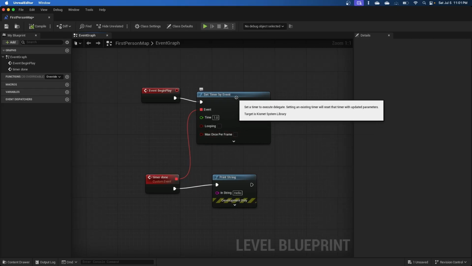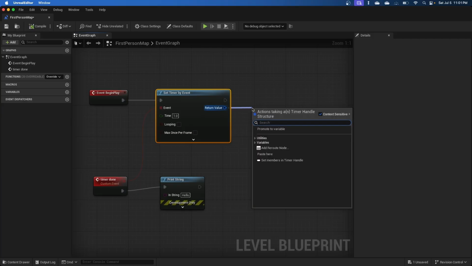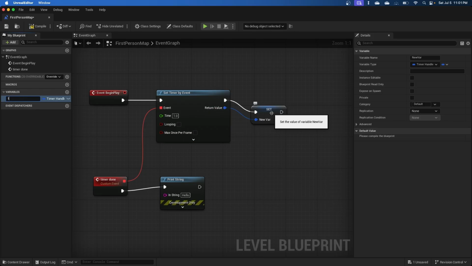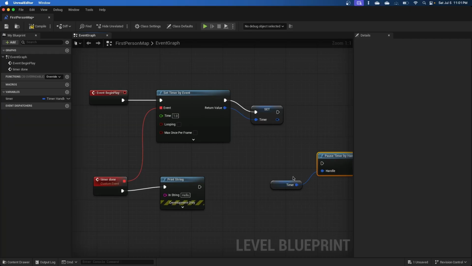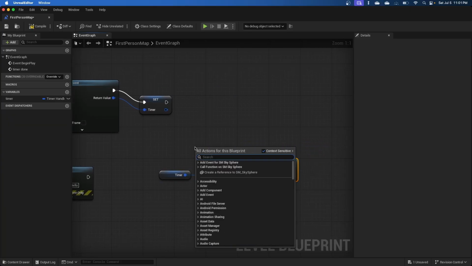There's some other things we can do with this as well. This return value is kind of like an object we can use to mess around with our timer a little bit. So I'll put this to a variable and just call it a timer. And then we can use that to pause and unpause the timer. So let me get the timer, and then from there we can say pause timer by handle, and this is the timer handle. And so let's say on the P key,